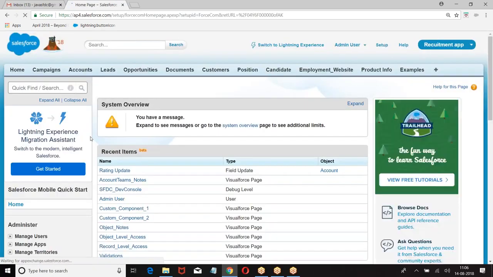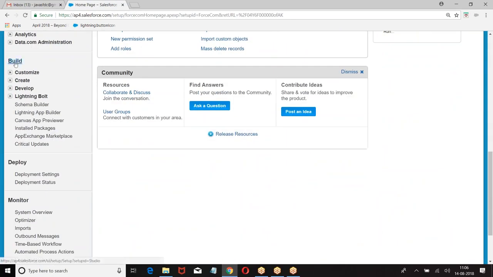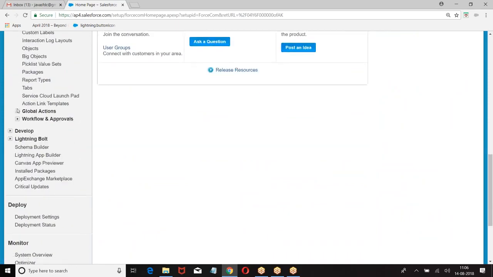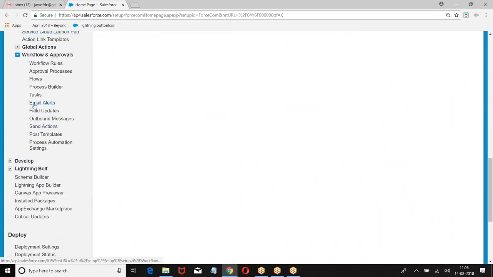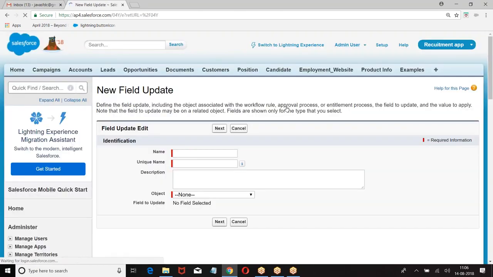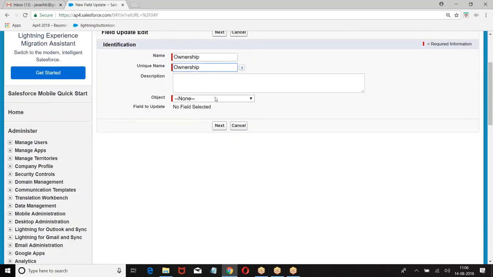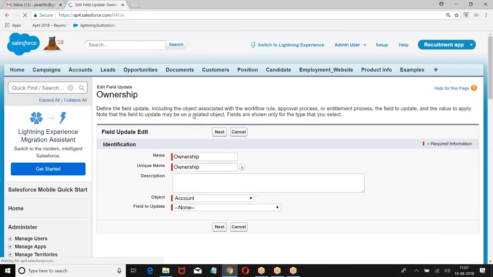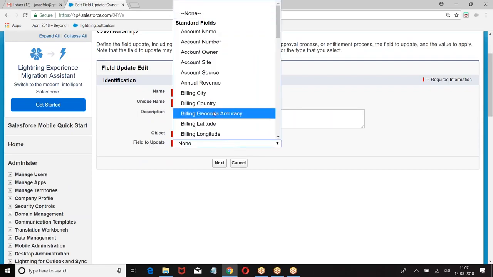So how are you creating? Setup, build, create, workflows and approvals. Then we have field update. On account, which field?